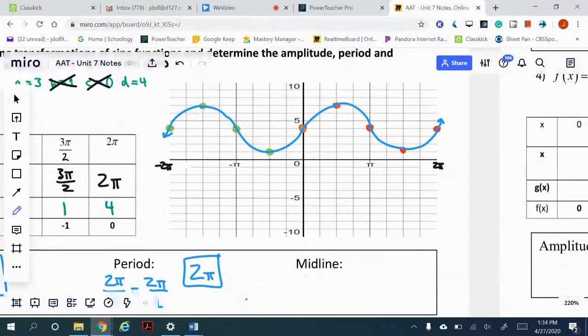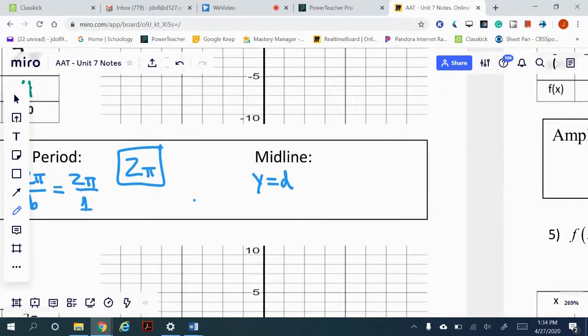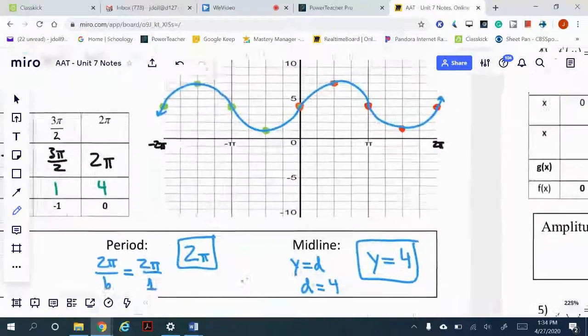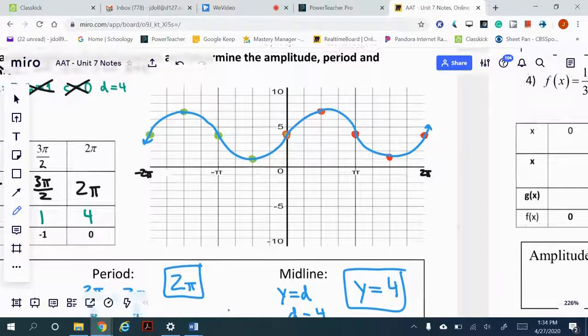Midline. Now, this is where we definitely changed. Midline is y equals d, right? Well, guys, d is equal to 4, so our midline is going to be y equals 4. And guys, that kind of makes sense. Look right here. You can see that what we've done is taken these points that in the parent function were